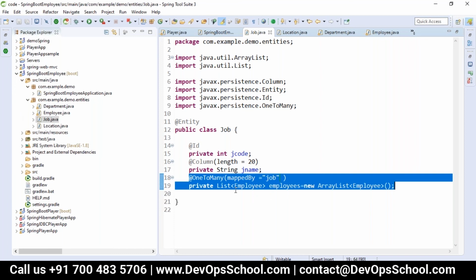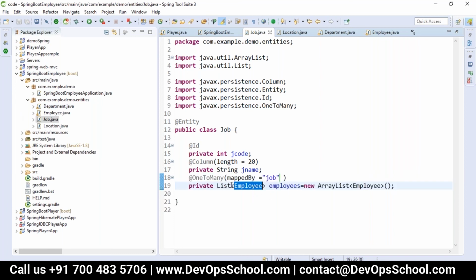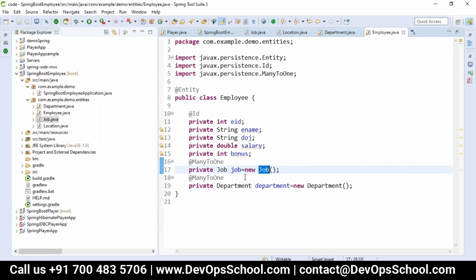So like this, we can take care of all the relationships. I just gave an example of one or two. Like we can go with one to one, many to many. All these different relationships can be handled by using Hibernate. Now when you retrieve a job, it automatically retrieves an employee. Again it will go to employee, and each employee will give the job, and again the job will give the employee. You will end up with a Stack Overflow.